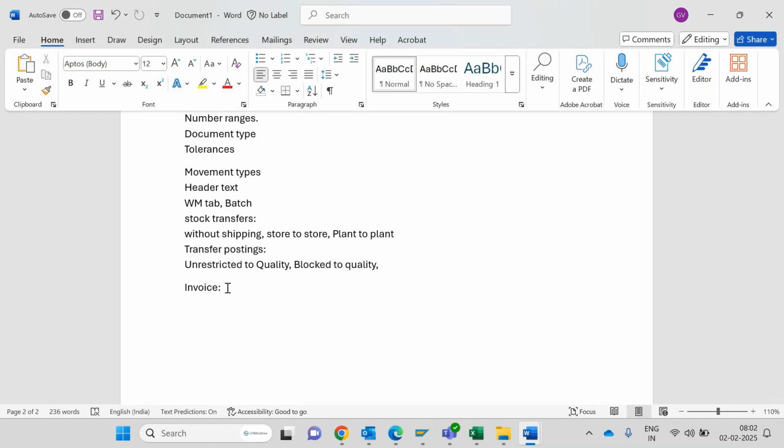Okay, so here, before going to the invoice document, you need to configure the number ranges for the invoice. Okay, and document type, which document type will be used for which type. Okay, so I'm explaining briefly, and in detail we'll go when we discuss it. And types, how many types of invoices: